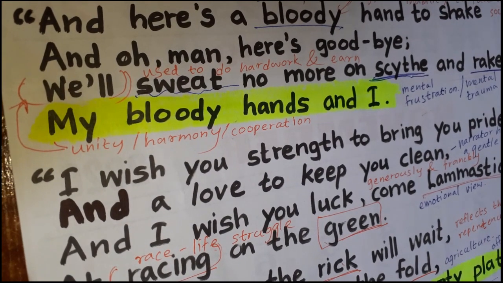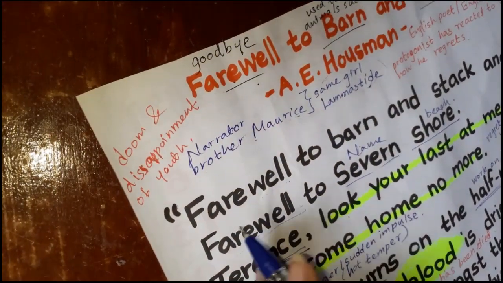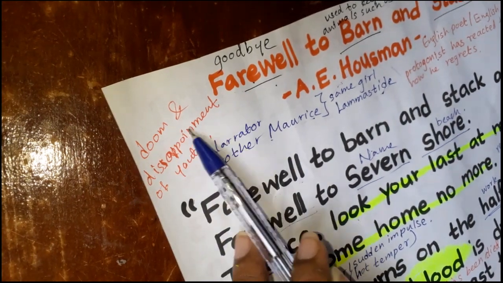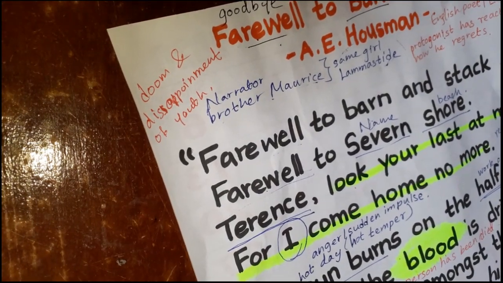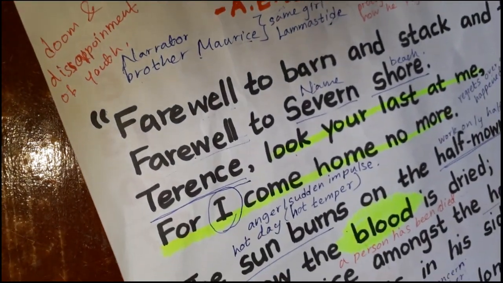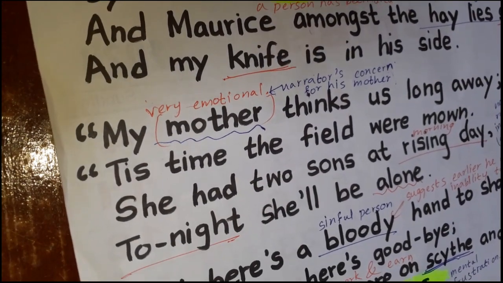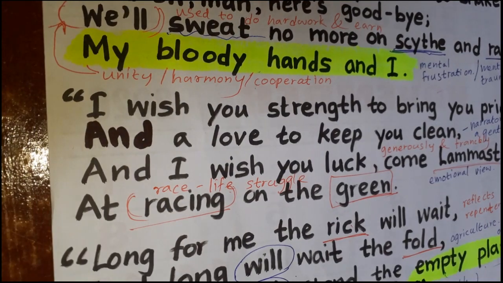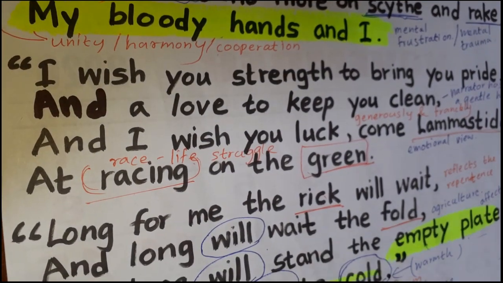So you can see, as I told at the very beginning of the poem, the poet has created how the youth suffer from doom and disappointment. Maybe it is his fate. That's why a sudden impulse arrived and he has killed his own brother. Well, so it can be taken as one of the themes as well, and there are also some other themes like unrequited love, the transitory nature of life, and the rural pastoral life.